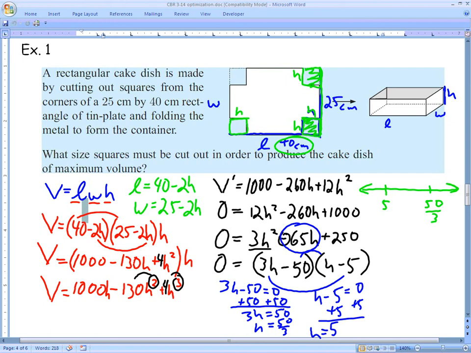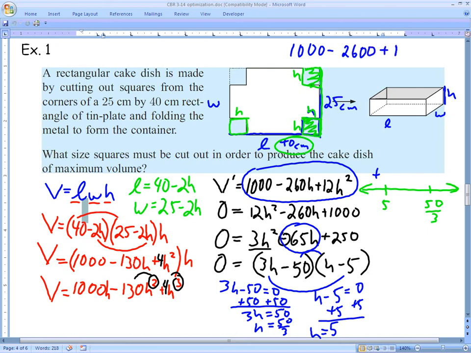So numbers to the left of 5 on the number line would include 0, which is my favorite number to plug in. 1's also good, but 0 I think is even better. So I'm going to go back to this derivative expression right here. I'm going to plug in a 0. If I plug in a 0, I get a positive 1,000. So that's very positive. Now, in between 5 and the number 16 2/3, 10's there. 10's a good one to plug in. So if I plug in a 10, I would have 1,000 minus 2,600